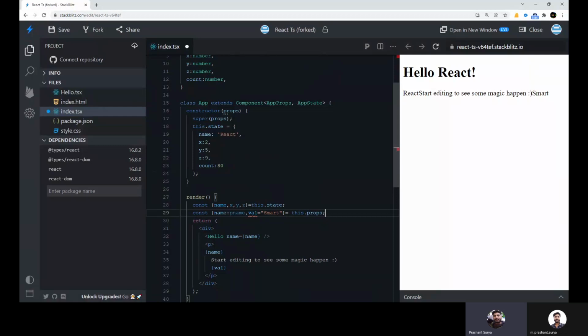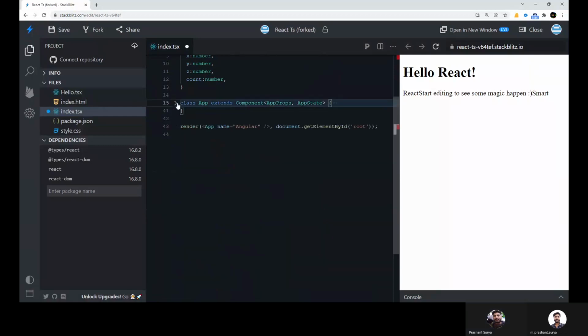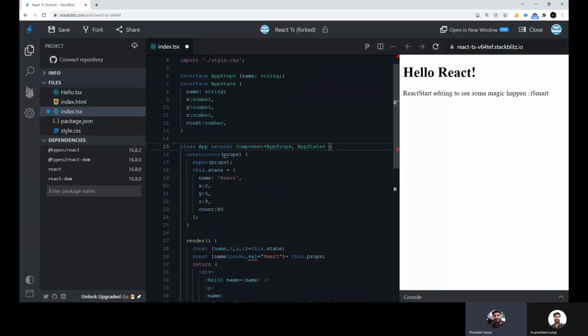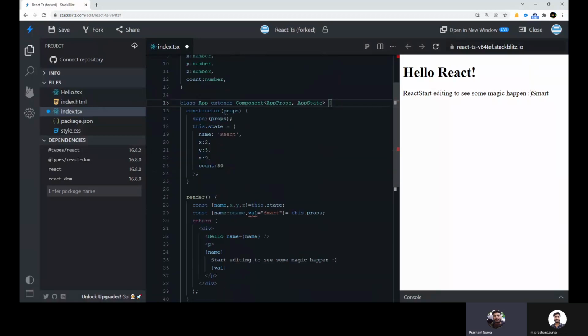This example is for the class component-based application. If you want to use it within a function component, you have to write useState and define the separate state. So in that case you don't need to destructure your state there. But in the case of props, you can similarly mention it. In the class component you have to write this, but in the function component you will only have to write props, and you just write it like this. That will work there as well.